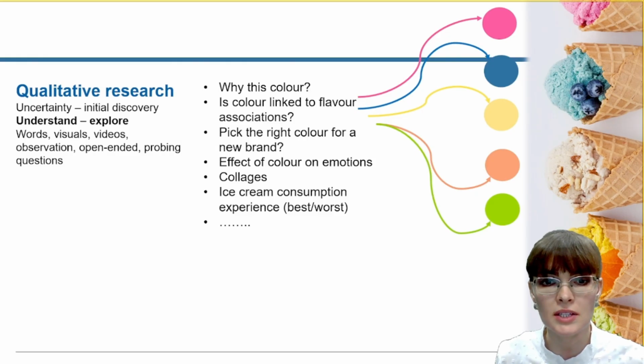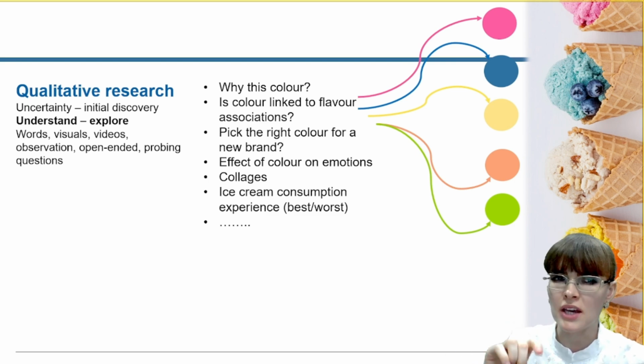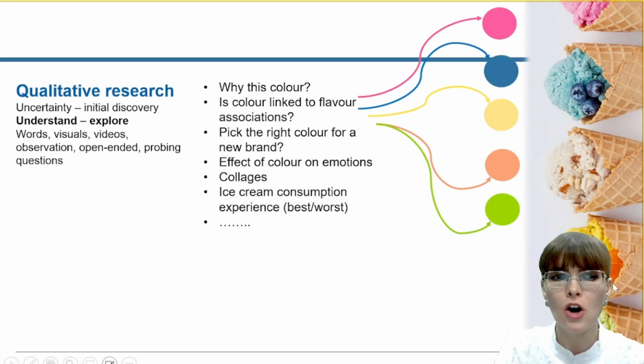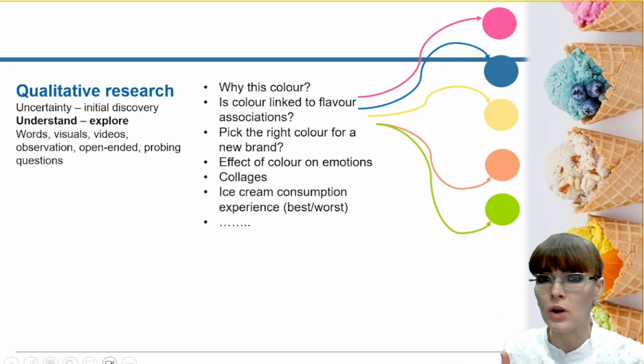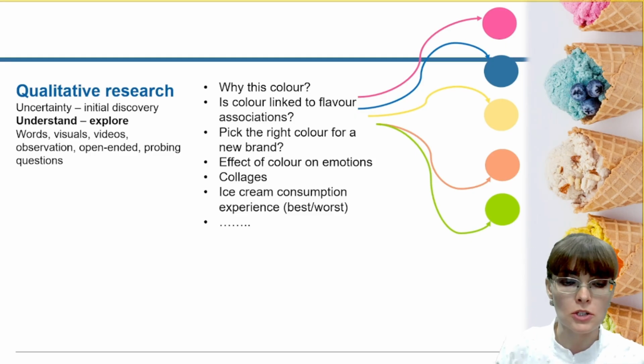Let's have a look at problems that can be addressed using qualitative or quantitative research. Let's say you are a startup and you want to introduce several flavors of ice cream to the market, but you're not sure which flavor is the popular one, which ones should be combined together, which one would resonate most with the consumer. Or you're developing a new product, or you want to tweak the level of sugar, or you want to tweak that color of blue or that palette of orange or greenish color. What is the best way to find answers to these managerial questions or this research question?